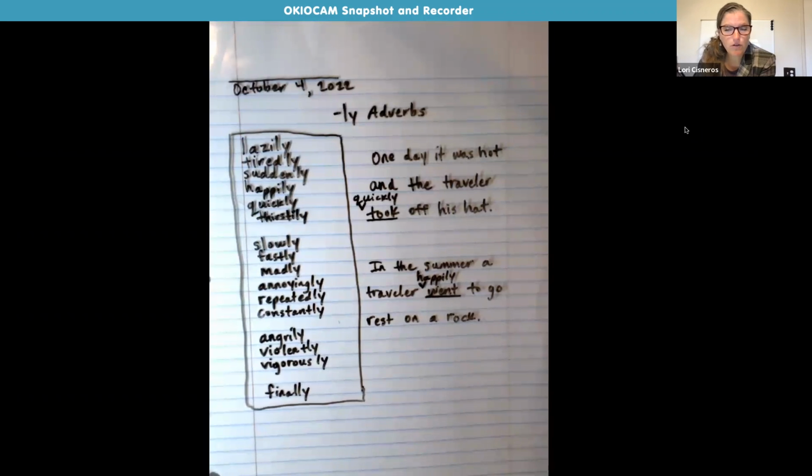It doesn't have to be perfect, but your editor should be the one that just looks at it and makes little marks on it to help you fix a couple things, and then you rewrite it in your nice handwriting. And don't forget to double space. And if you want, you can type it.